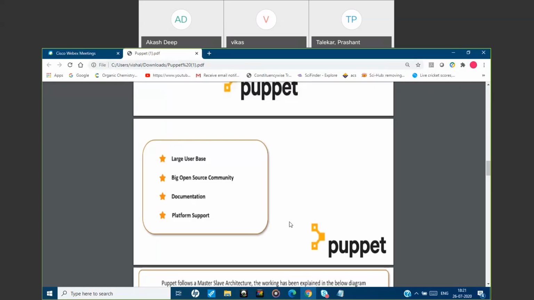So if you want to use Puppet, it's not that you need to have an understanding of any programming language. The only thing is that you need to have a basic understanding of operations, how ops used to perform. That understanding is enough to use Puppet. And as I told you, you have very good documentation for it. You can go through that, and you can configure the thing.